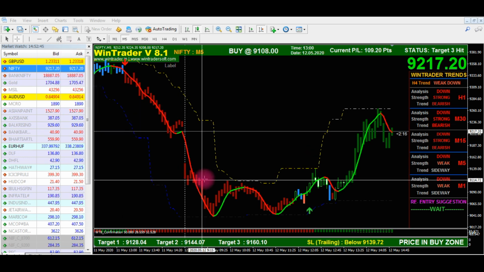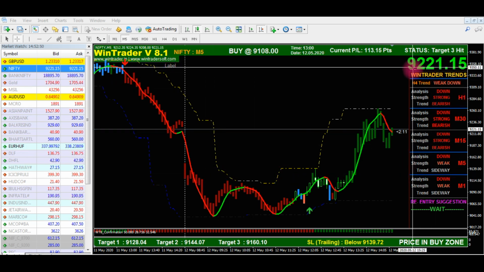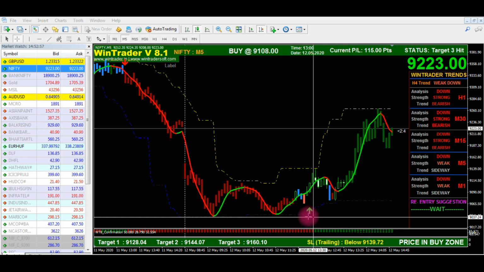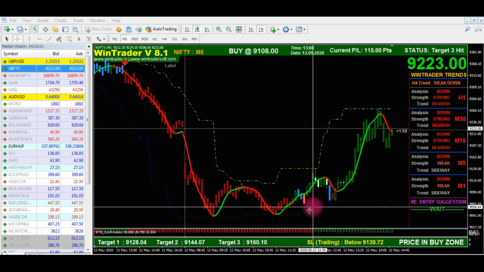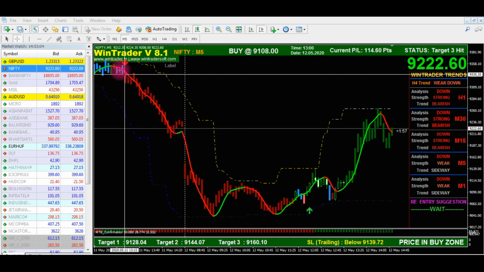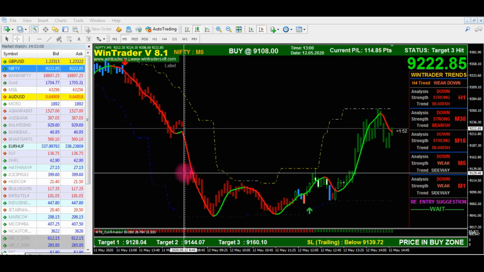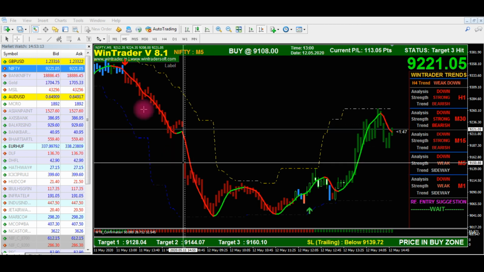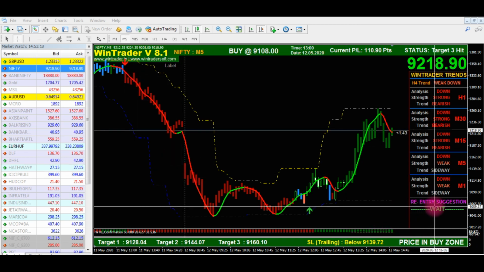So this is the Nifty chart now. The current Nifty market price is shown on the right corner: 9221.20 is the live market price, and today we got a buy signal. Actually only one new signal was generated, but we already had a sell signal. Yesterday we got a sell signal and it continued from this morning itself. To continue a sell or buy signal from yesterday, we need to get a re-entry suggestion.